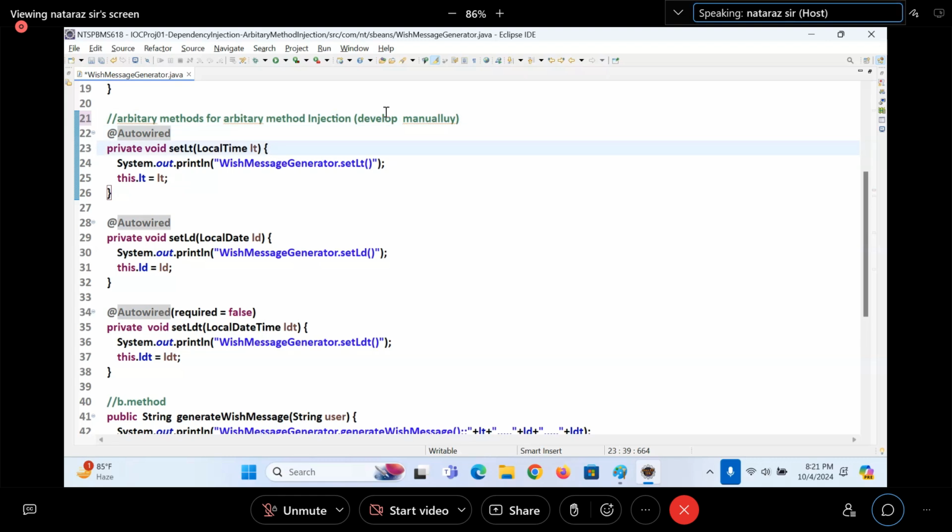Super guys, come on, everyone. Tell me here what is there, guys. Set. Tell me. Set. No need of the return type, void is fine. Any name I can give, guys. What's the method name? Okay, second one. Anything. assignLD. Method names are my choice, my boss. Okay. What is this? assignLD.